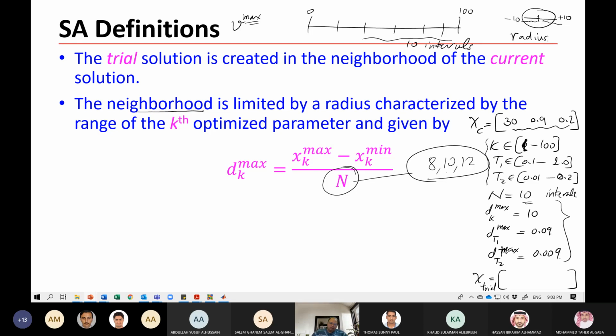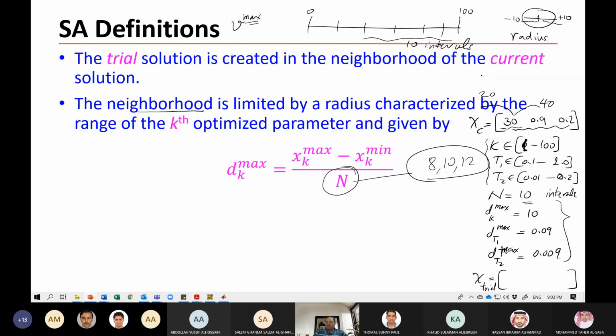It's a similar concept. It's nothing new. And we have the velocity of the particle swarm, and we have plus minus V max. We have here plus minus D max. So if this is the current position, we can go up to 40 or we can go down to 20. So if you want to disturb this, you can create a random number, and then you